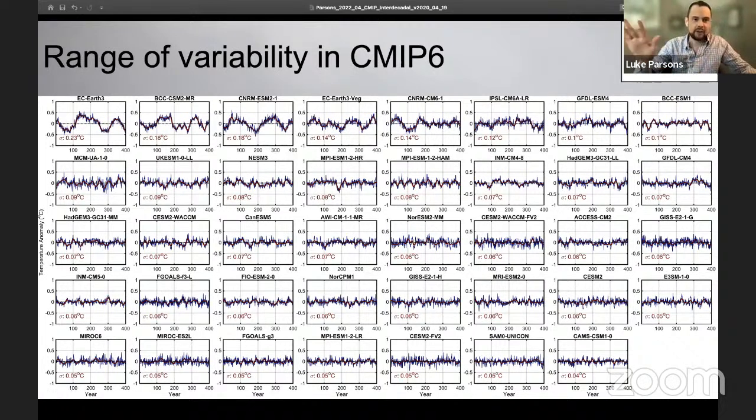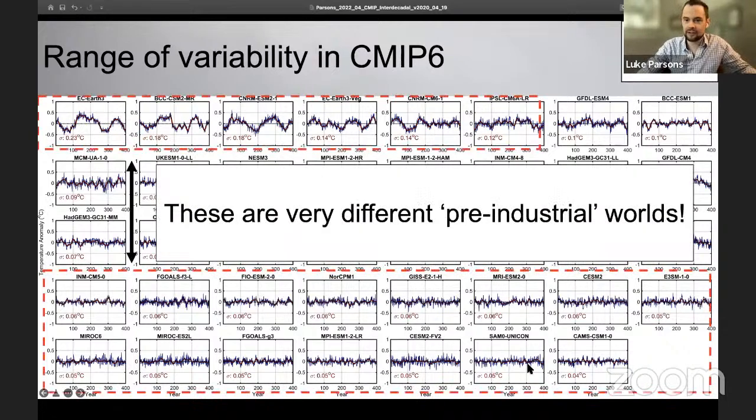They all have the same axes, but you can immediately see, though, that some of these climate models, internal ocean atmosphere variations, drive massive changes from decade to decade to century, versus if you go to this bottom row here, it's basically flat. So I would like you to imagine that we only had this one climate model simulation. We didn't have all the different modeling agencies with their different ocean and atmosphere models. And this was our one view of the pre-industrial climate. We would have a very, very different view of climate than if we had run one of these other climate models down here. So these are very, very different pre-industrial worlds, the least variable climate models in the CMIP6 archive versus the most variable climate models.